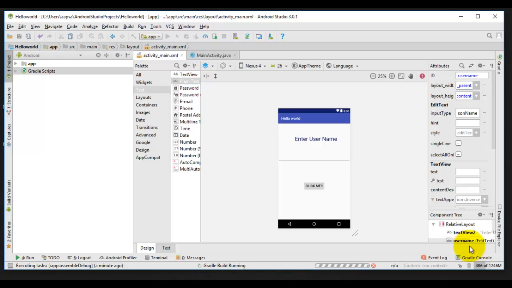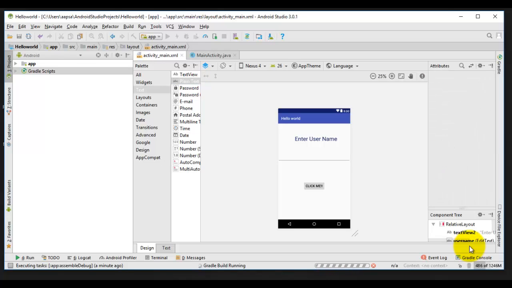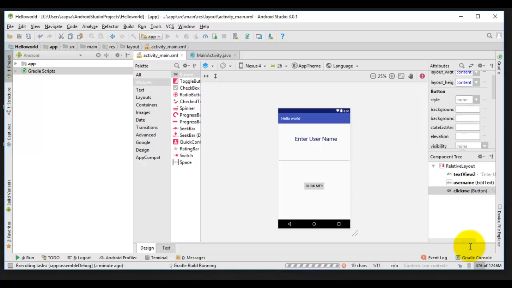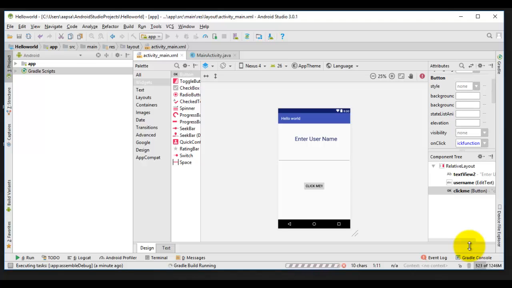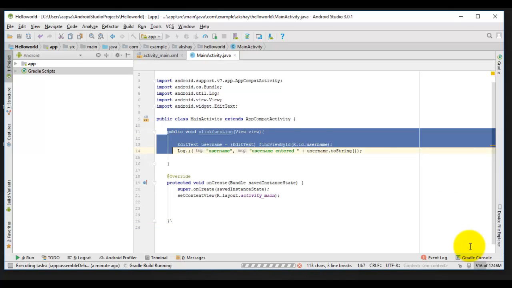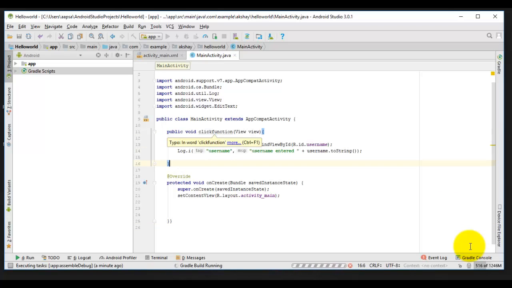Then we included a button from the widgets, and we gave it the id click me, and then we gave onClick, that is the onClick activity function. When the button is clicked, the code written in that function runs, and we named it click function. And we came to MainActivity.java, and we created our onClick function, and named it the same, click function,